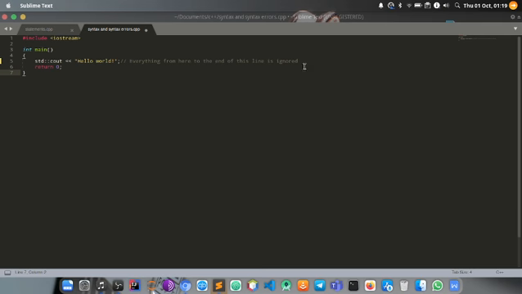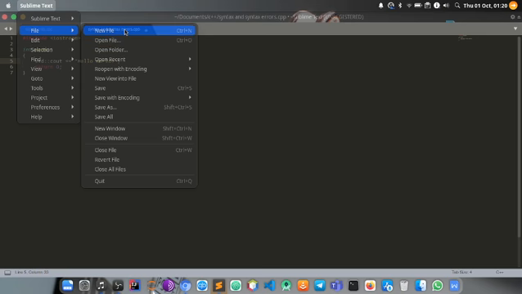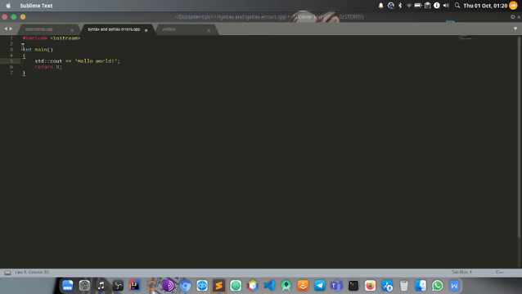Now we're going to try out something rather than a single line comment. Let's just open a new file and copy this there. Now here we're going to add that, and we're going to try out